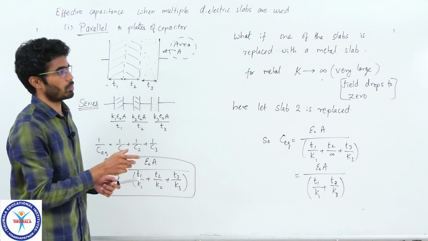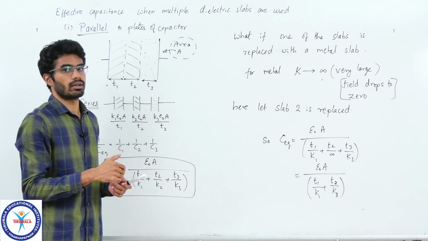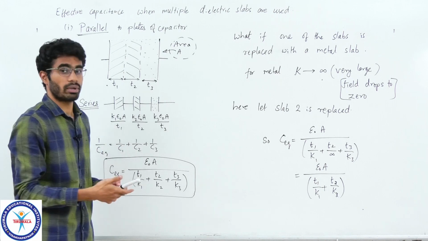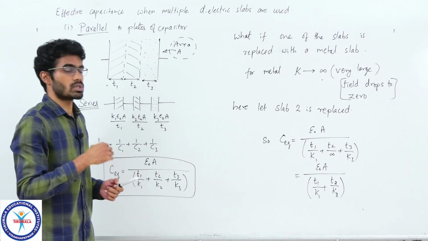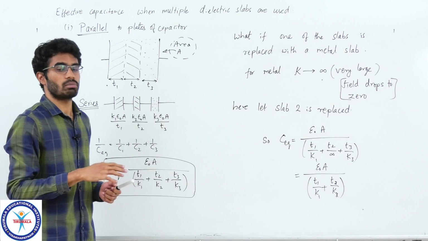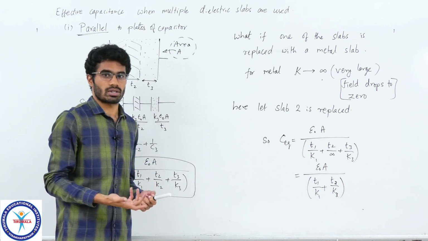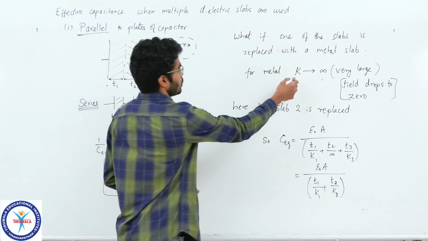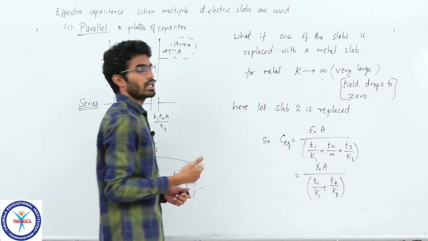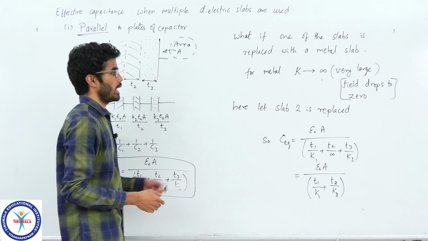We know that when you place a dielectric, the field drops by K, but in the case of a metal, the field is dropped to 0. There is no field present. That means we can treat the system like having a very large dielectric constant value. So that is why you can use K, a very large value close to infinity, and substitute it in